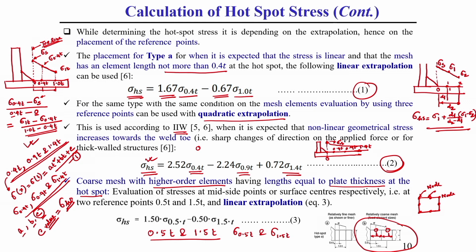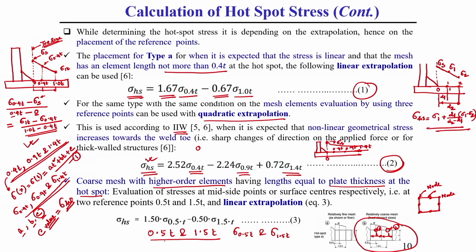So, based on these two stress values, we need to find them in between the element edge. You see the element edge; let us consider this is one point, this is another point. Whenever we consider this coarse mesh for type A hot spot stress calculation, generally this type of coarse mesh we need to use. And here always keep in mind, the distance of the stress value should be a function of T for type A types of stress distribution.